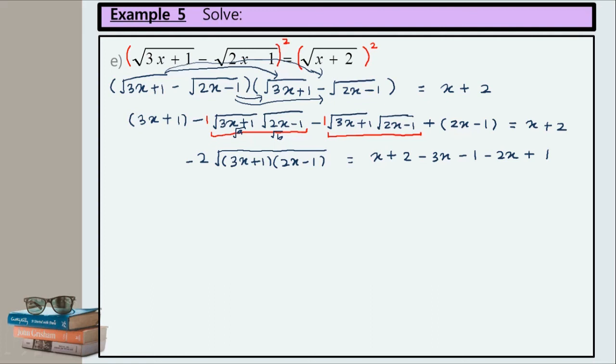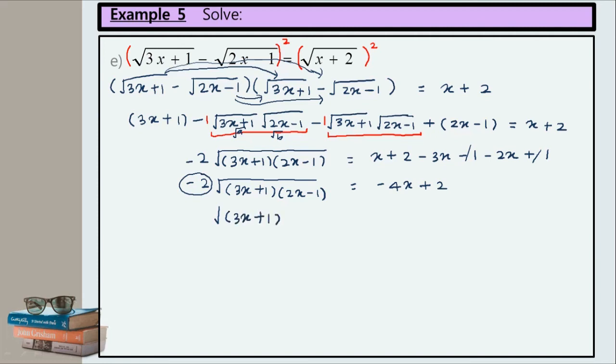Okay, and then we simplify. Negative 2 surd 3x plus 1 minus 2x minus 1 equal to x minus 3x minus 2x. x minus 3 is negative 2, minus 2x, negative 4x, plus 2, minus 1 plus 1 is finished, so plus 2. Since we have negative 2 here, okay, transfer to the right hand side, we will get surd 3x plus 1